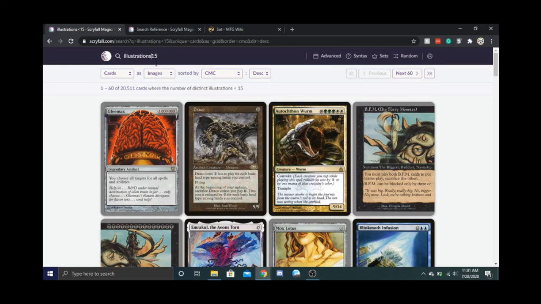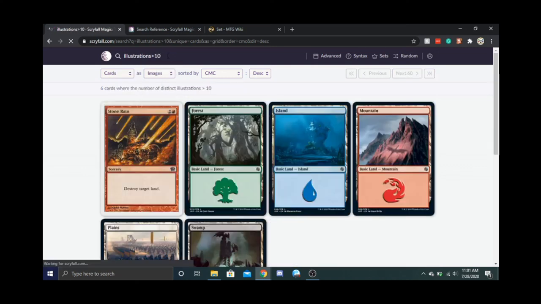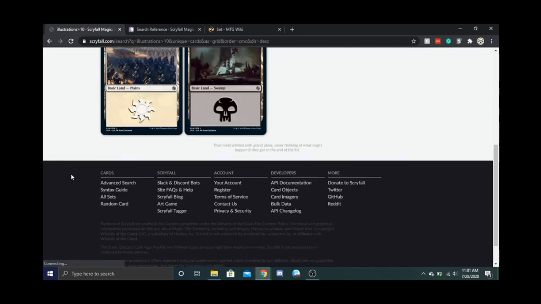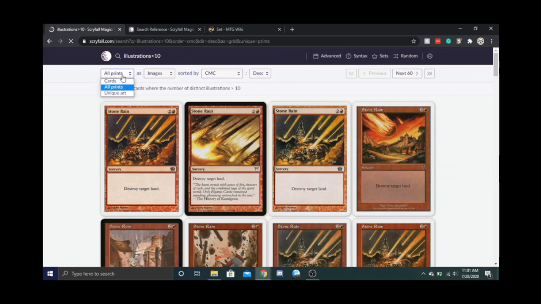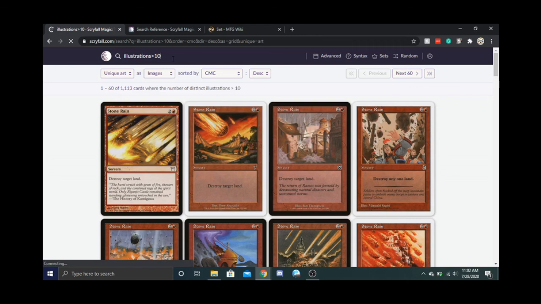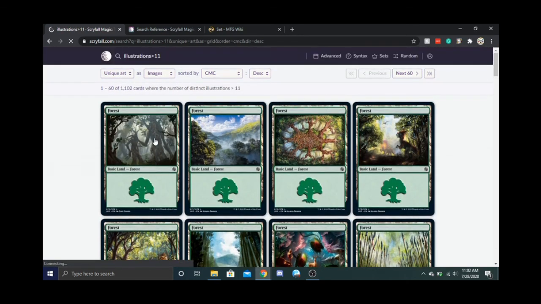Oh, I put the caret in the wrong direction. I was doing less than 10. So, greater than 10, there's just Stone Rain and the basic lands, of course. There's so many. If we did unique art for the basic lands, let's see. We'll go up to illustrations greater than 11 to get rid of Stone Rain, and boom, we have